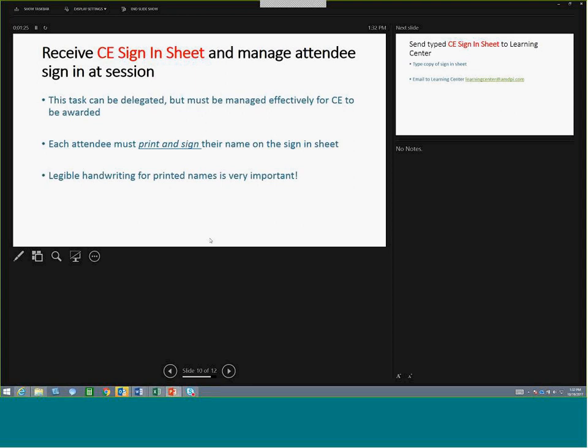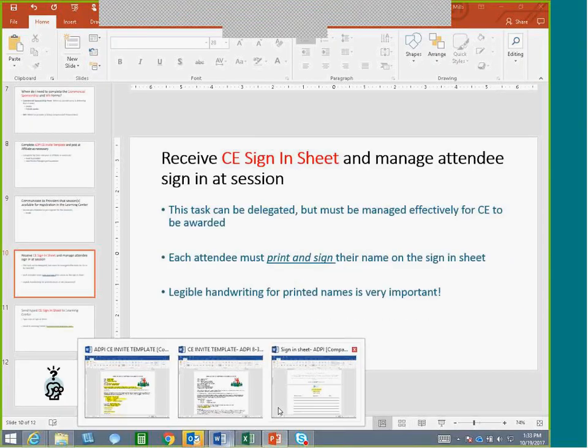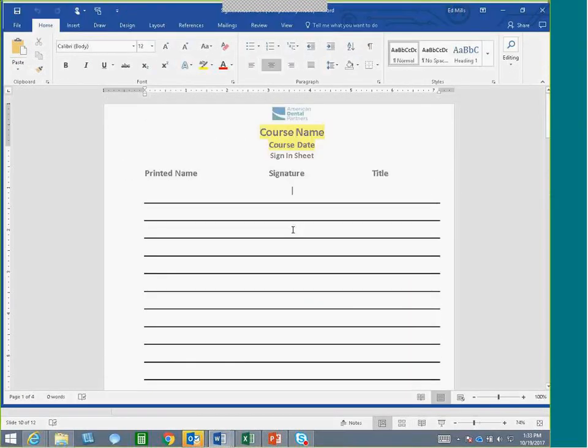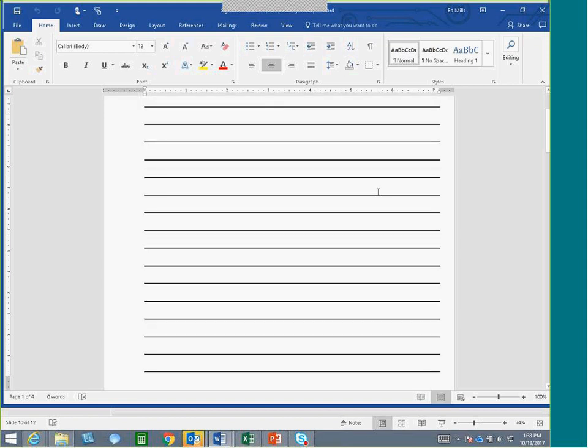So let's take a look at the sign-in sheet. Here's the sheet. You can edit it with the course name and your course date. It's got a place for the printed name, a place for their signature, and a place for their title.